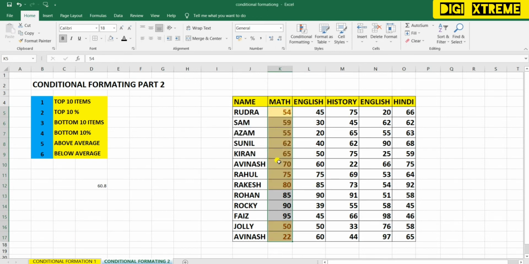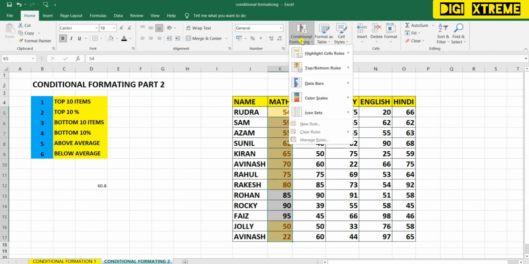You can see it has highlighted the bottom 10. Alright, this way you can get to know about the bottom 10 items, and you can customize according to your requirement, as I told you in the last conditions. Alright, now let's move to the next one. Let me remove the condition first.